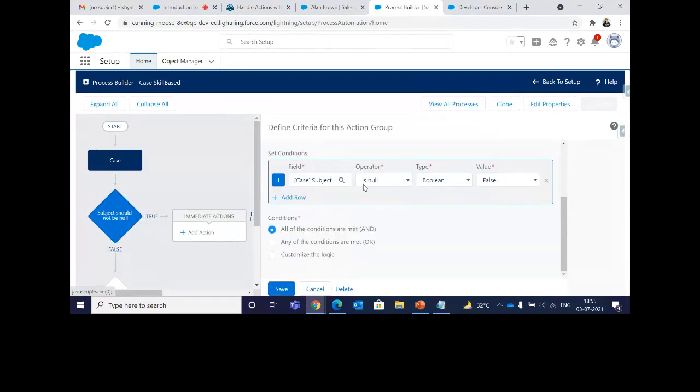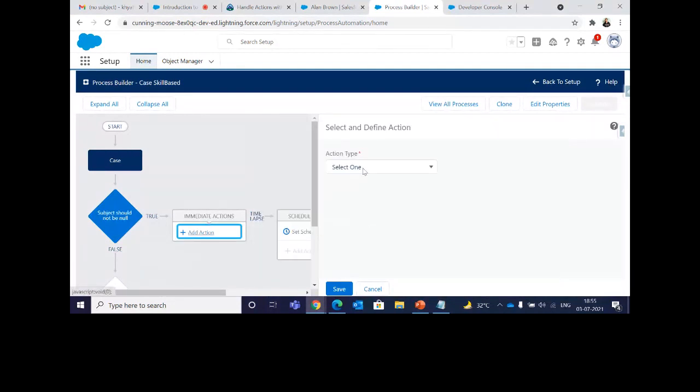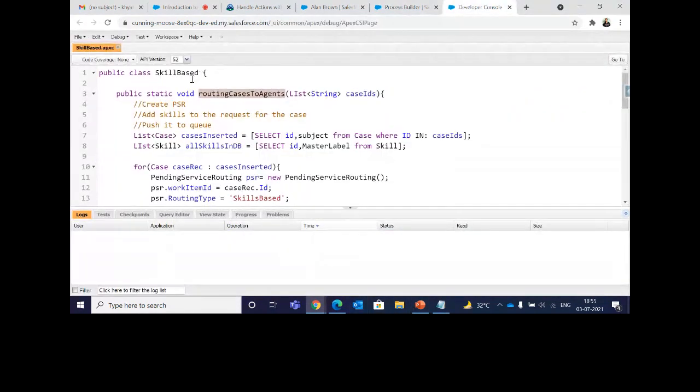So this is basically finding out that the subject is not null. If the subject is not null, then there should be an action, right? So here we'll call our Apex class that we have created. What was our Apex class name? It is skill based.